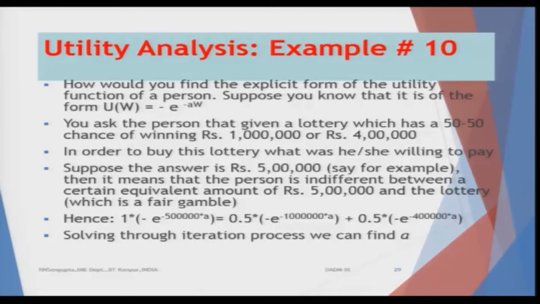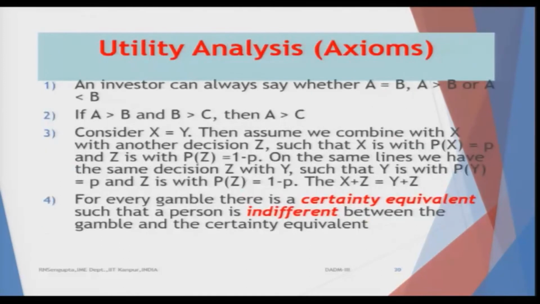So, that would be equated to the expected value of the gamble, where 0.5 are the heads and tails, and the corresponding utilities for 10 lakhs is given by, where again hovering my pointer, and the second case would be, as pointed out, basically the utility function based on the fact when 4 lakhs comes out to be the value. So, solving through an iteration process, we can find out the value of A and then proceed to give some semblance of what type of utility function that human being has.